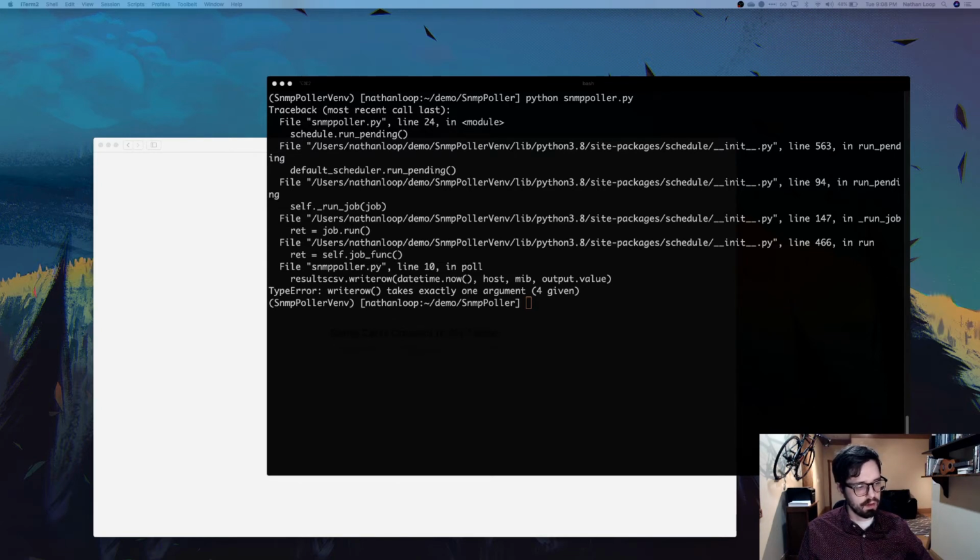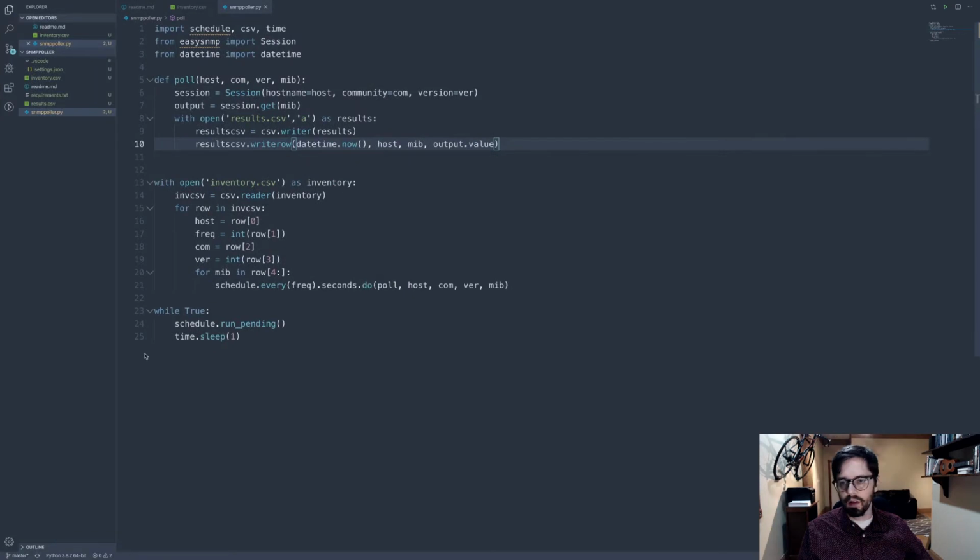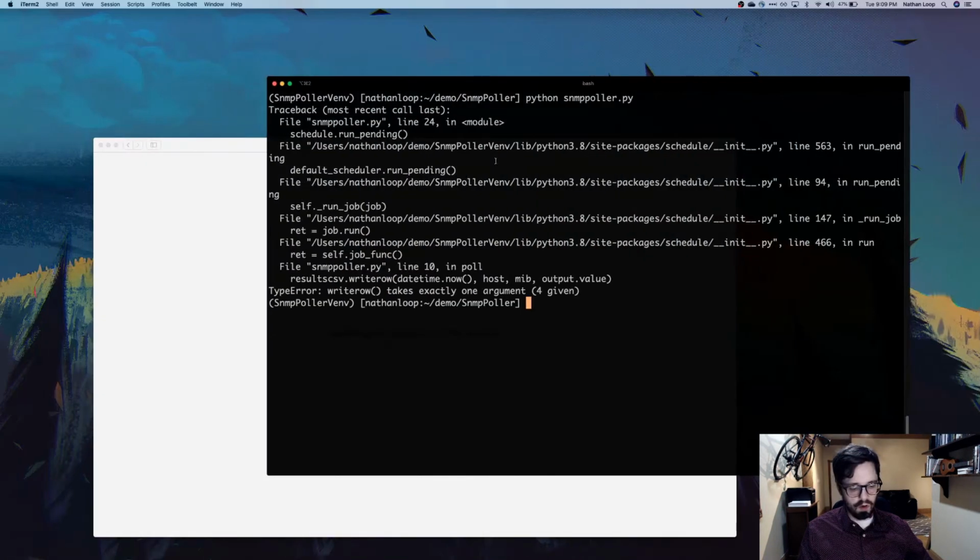There we go, there's Visual Studio Code. So we want to actually give it to it as a list instead of individual objects is what it was complaining about there. So let's save that and go back to our terminal and fire up our SNMP poller again,